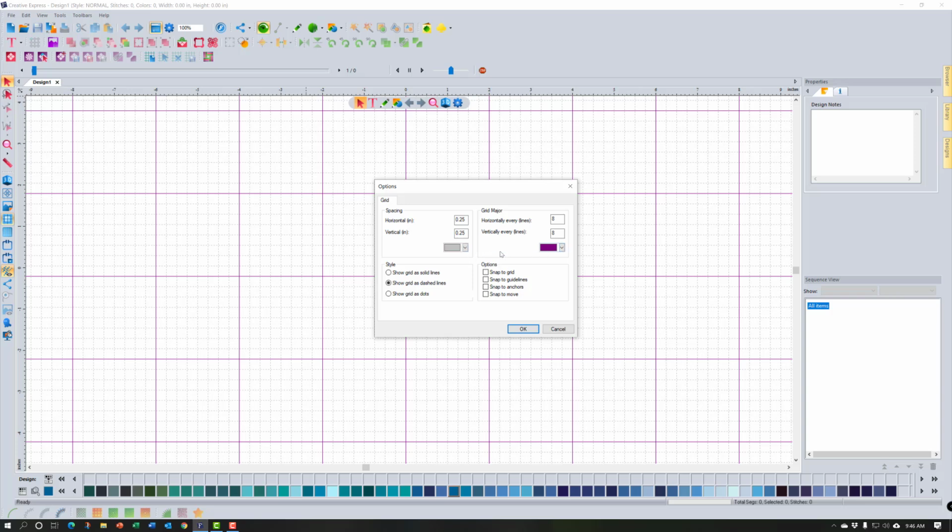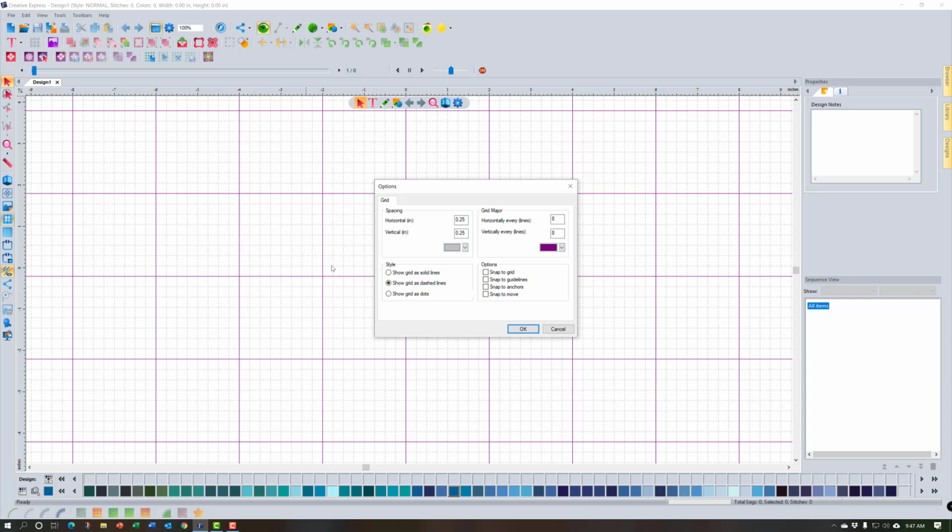Just like this setting here, I can change the color to anything I want. I'm not going to go through that again because you get that. So this lets me change it. I like this particular grid setting, especially for quilting, but you can change it to anything that you like. All right, and so you can see here these major grid lines. They're there